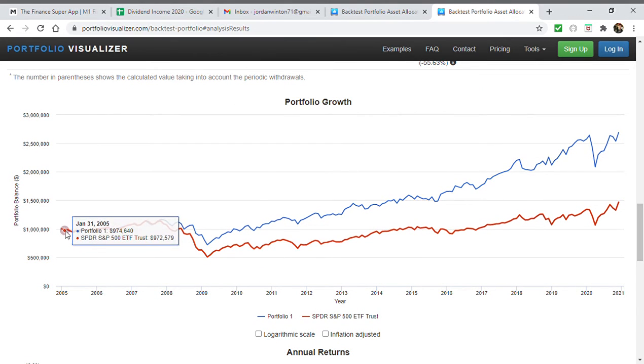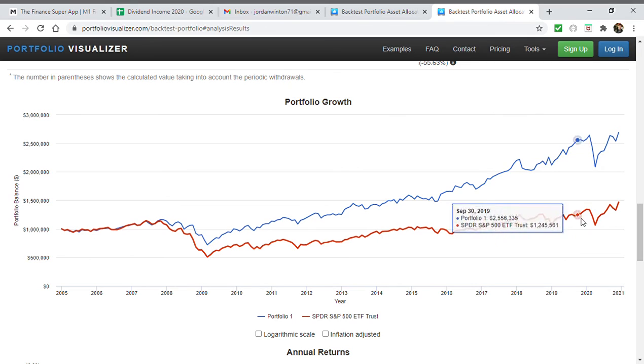When you start withdrawing in 2005, a couple years before a huge recession, your portfolio starts with $1 million, and during the downturn, it goes down to $507,000 with the S&P 500, okay? It dips down to only $720,000 with the dividend stocks because you're not taking out as many shares. You're living off a large amount of that cash flow. Now let's go further, and let's go all the way to 15 years later, to the end of 2020. You end up with $1.5 million.